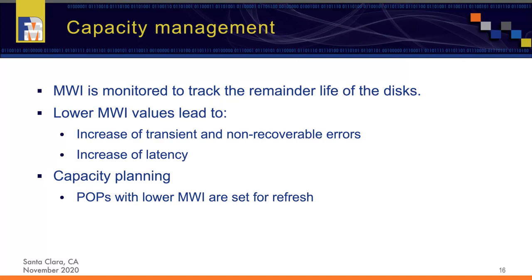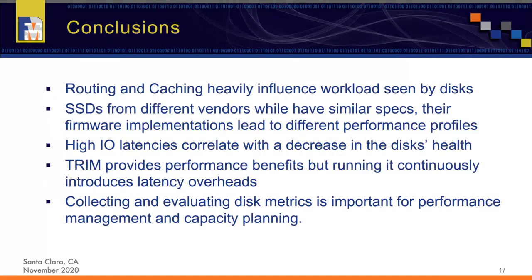So that concludes our talk today on managing slow disks in CloudFront. To recap, the workload that you place on disks heavily influences the performance profile seen by the disk. The two systems that we spoke about are the routing and caching systems of CloudFront. Now, these disks from different vendors, while they can look similar in terms of specifications, can vary in the observed performance due to different implementations. Running mitigations such as trim or taking disks out when higher I/O latencies are observed